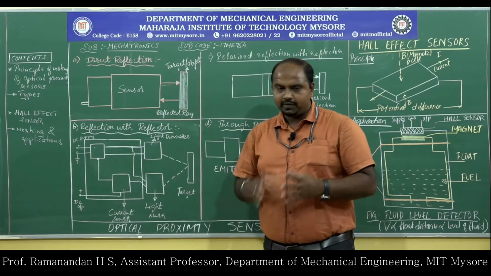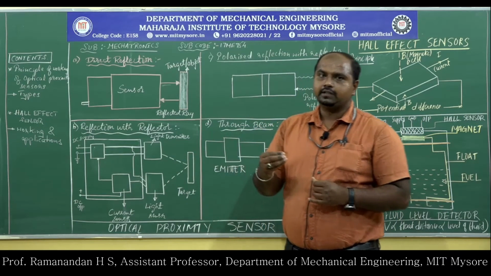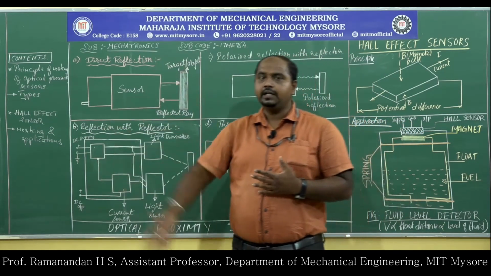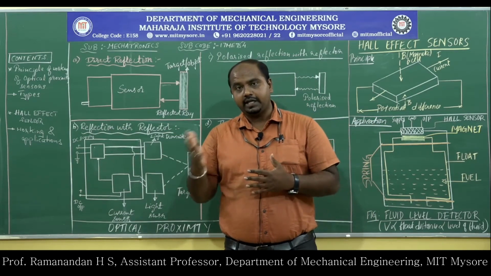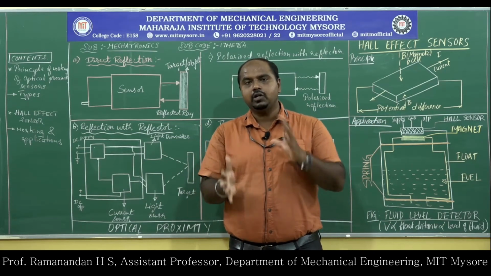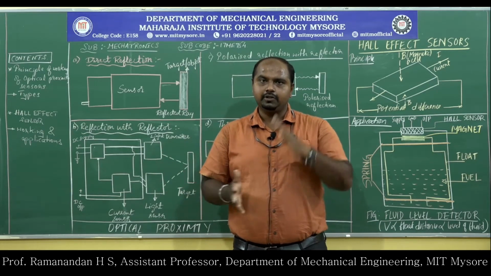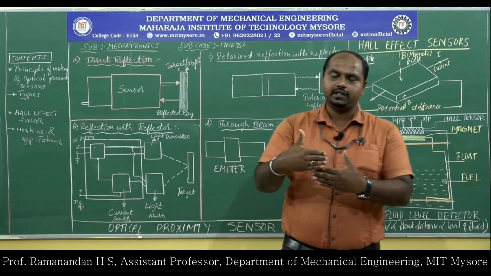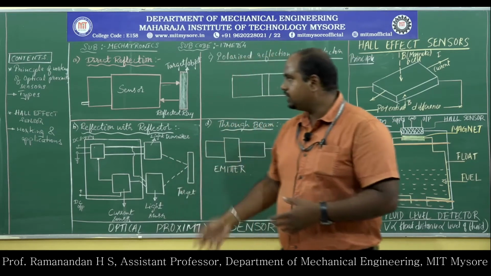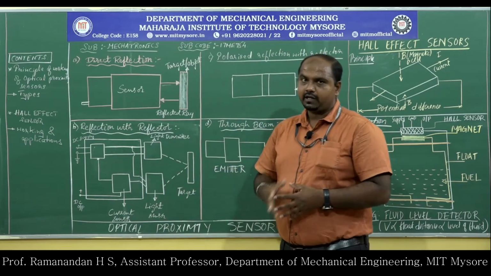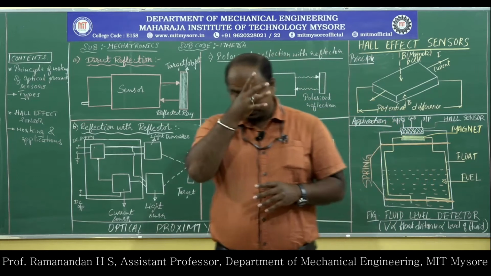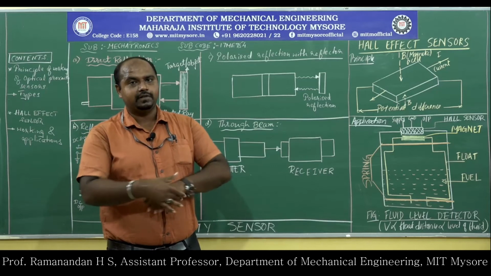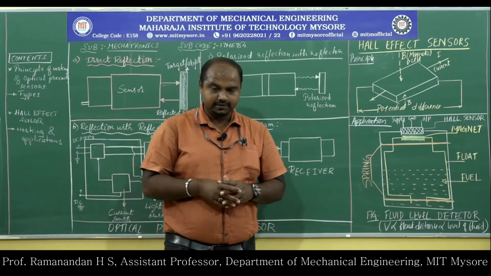So as a whole, we use optics as the major input source, and electrical energy is obtained by using photoelectric type of sensors or light sensors. That is why the name is optical proximity sensor. By using a ray of light, I am sensing an object which is at a particular distance. This is about the complete understanding of proximity sensors. So we are already familiar with proximity sensors now. The last type of sensor is Hall effect sensors.